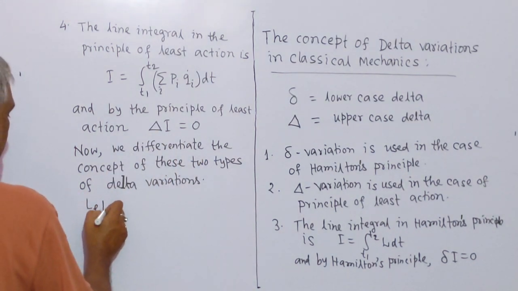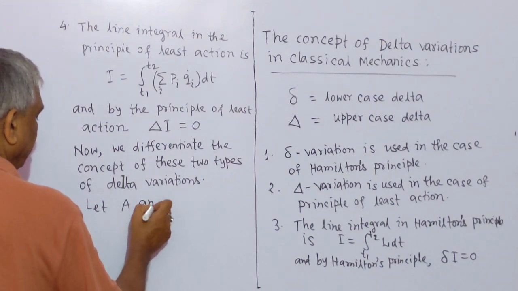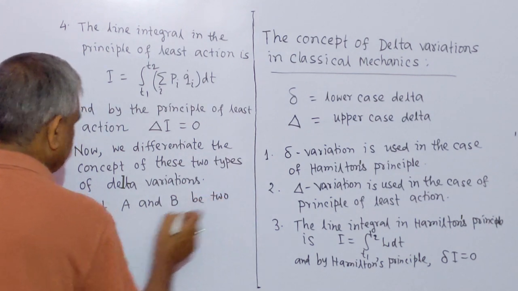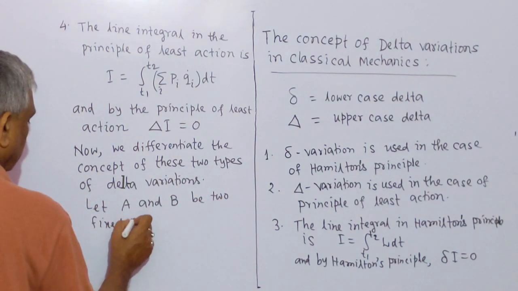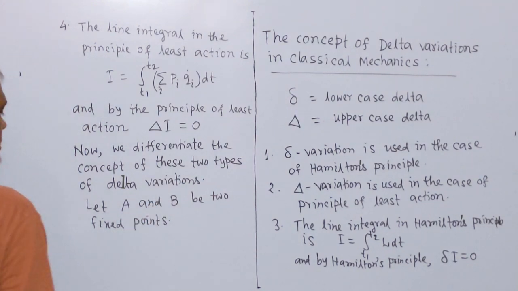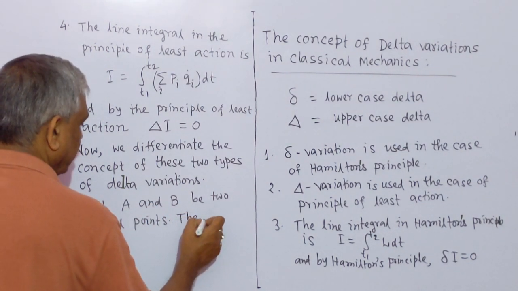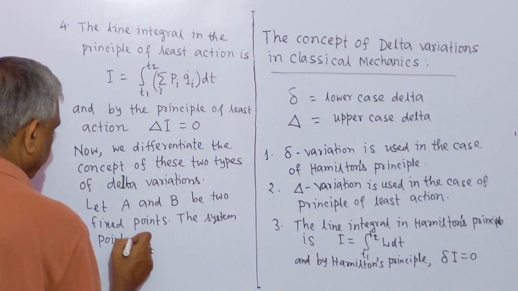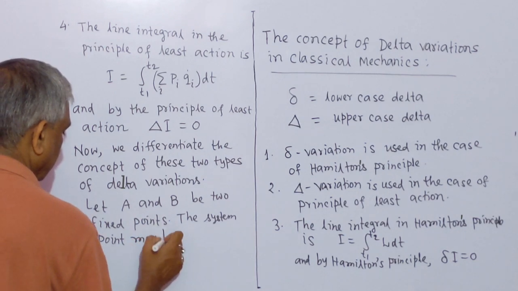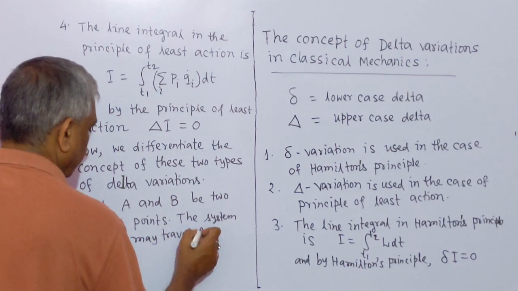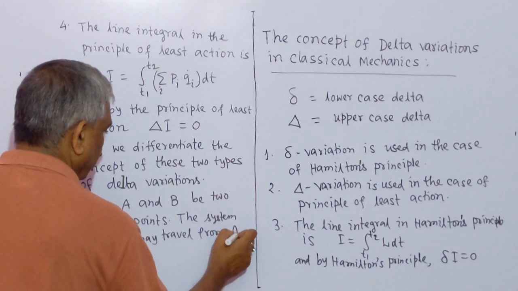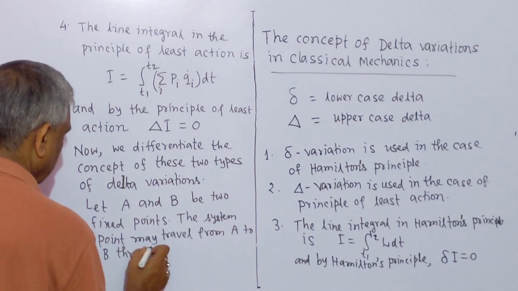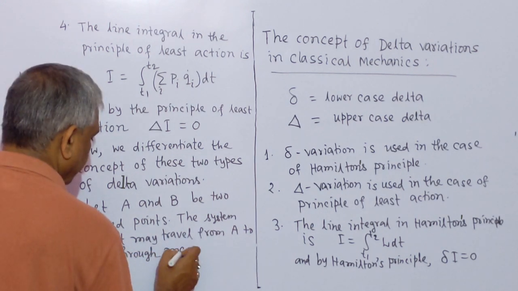Let A and B be two fixed points. The system point may travel from A to B through many paths,